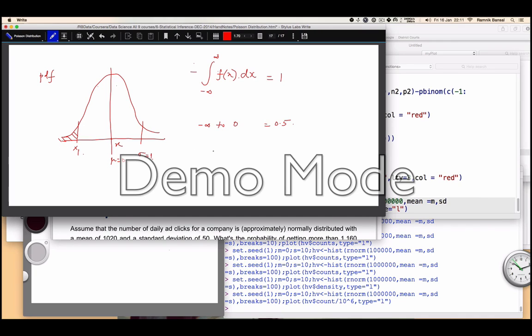So are you getting this? It will be denoted by the area from x1 to minus infinity, right? So basically, we were talking about the normal distribution. Let us assume that there is some data which follows the normal distribution. Its probability density function is given by the normal distribution, right? If that is the case, then